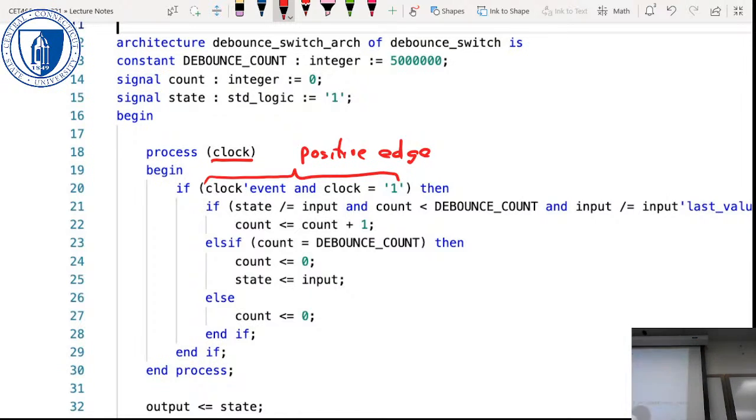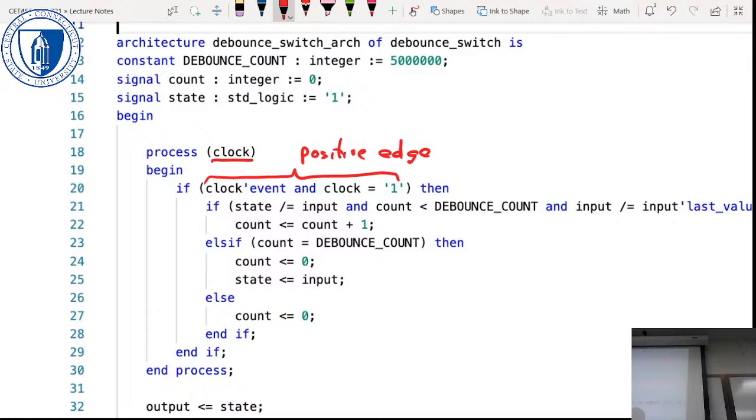Then if the state is not equal to the input, so we're changing state, and our counter variable is less than the debounce count, our 5 million, and there's been a change in the input, then we increment the count,